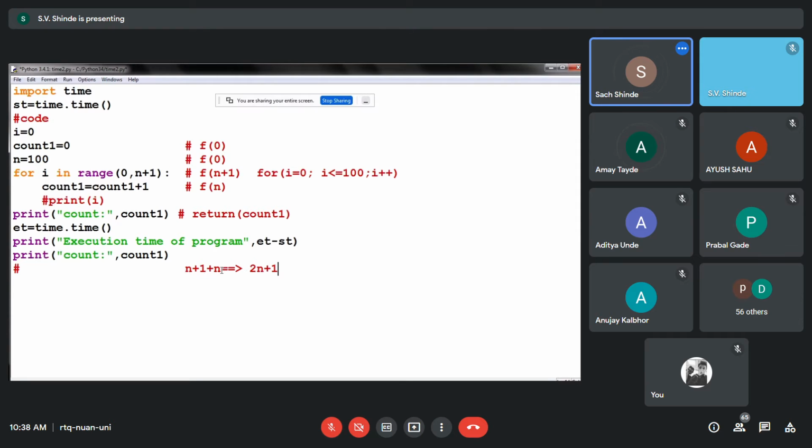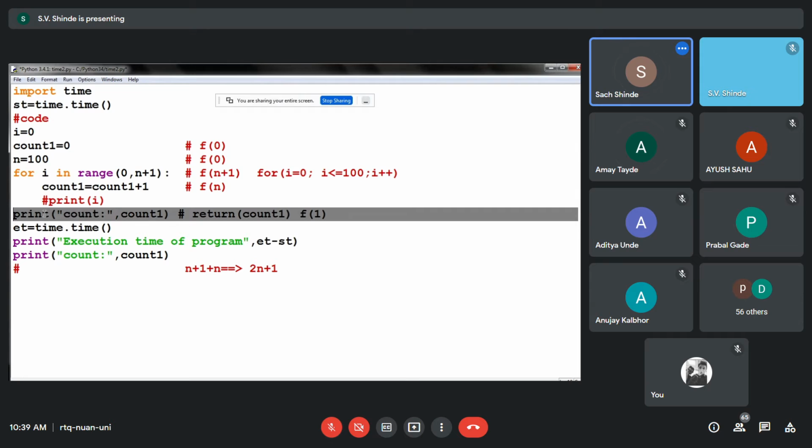Now we have to add one more thing. We have a print statement over here. Let us assume that it will also consume a frequency of 1 time unit. Indeed it takes some time, as we have proved, since print statements have a latency or delay between the IO devices and the processor.